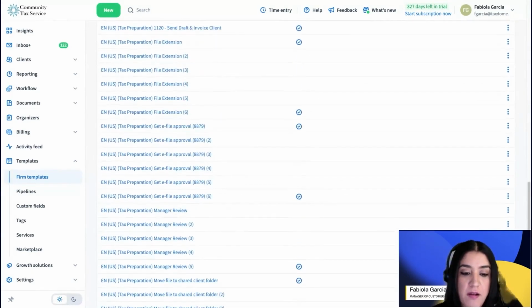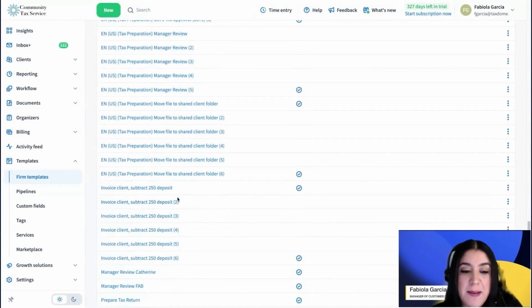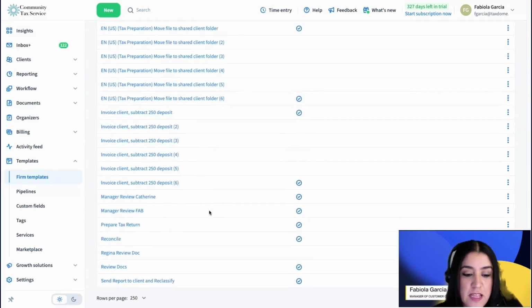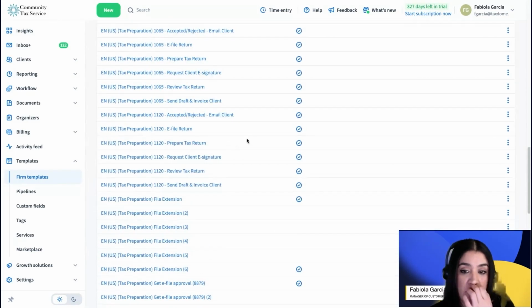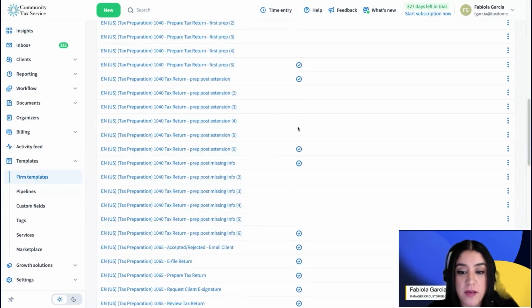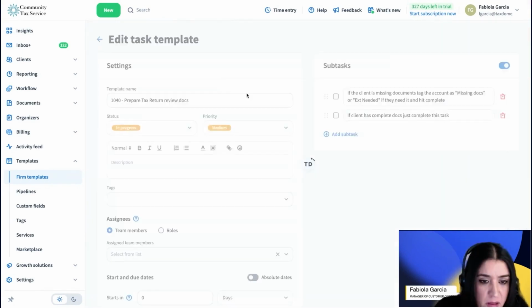I have a lot of task templates because I've copied many templates and they just create copies for me, right? So you can always delete some of these if you don't need them. If you see a check mark next to it, it means they are actually being used in a pipeline, okay? So make sure that you maybe delete the ones that don't have this check mark so that you don't really lose anything in here. All right, so